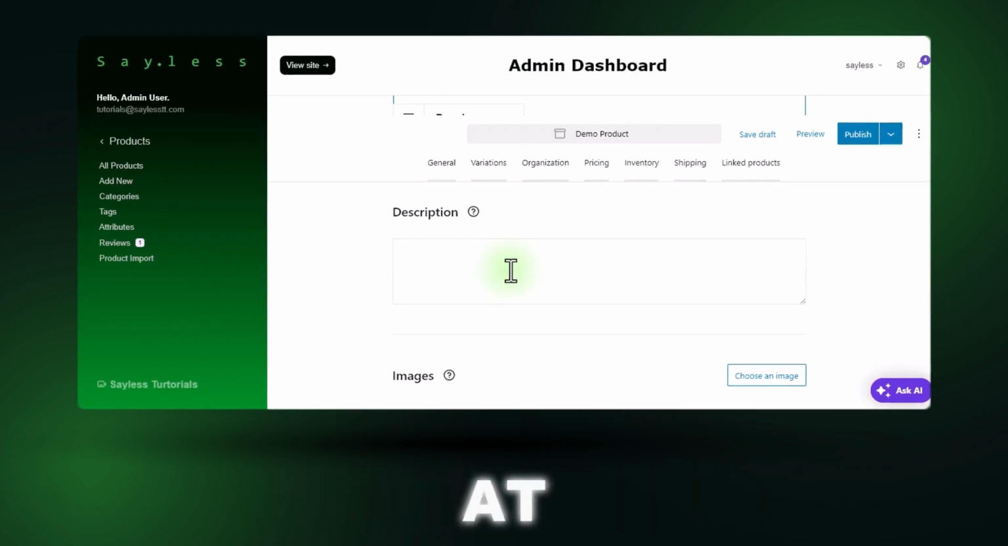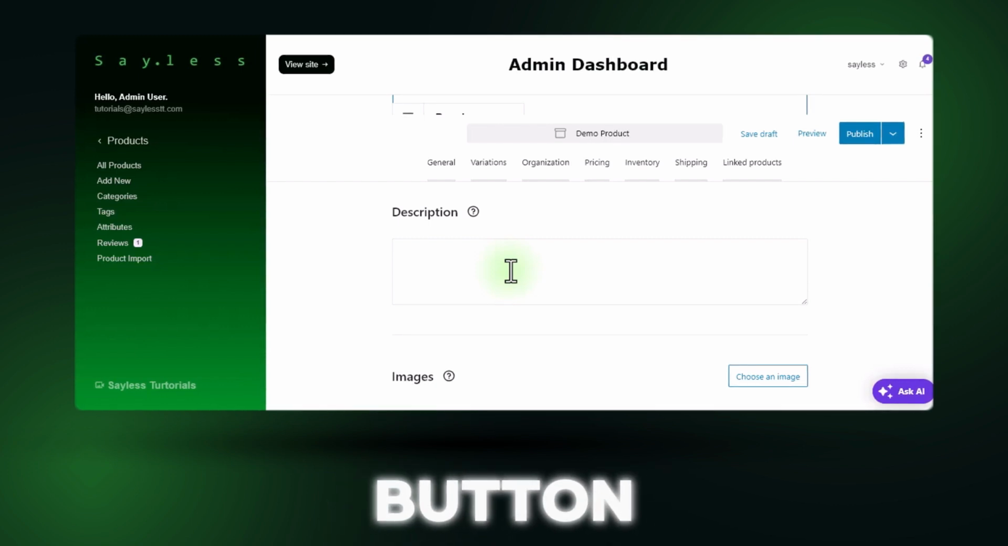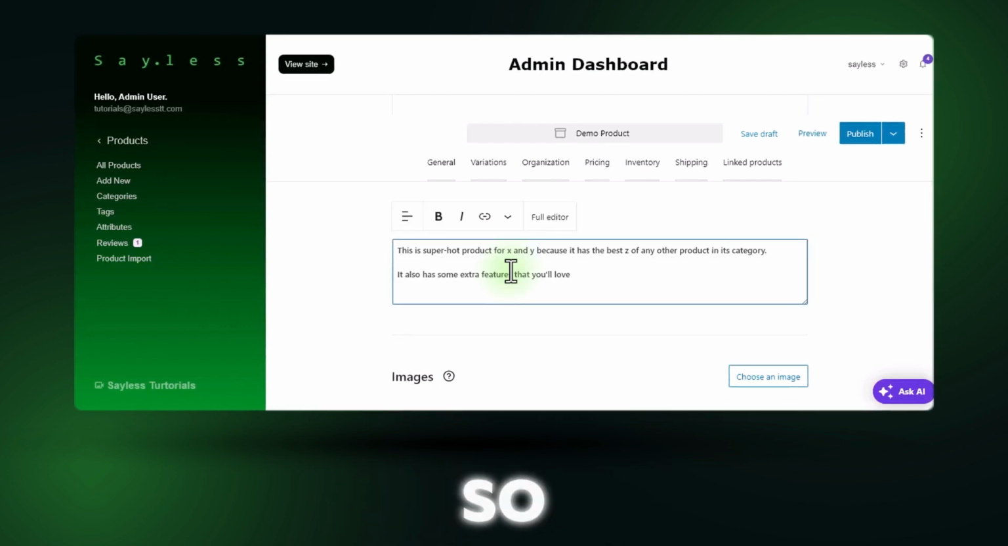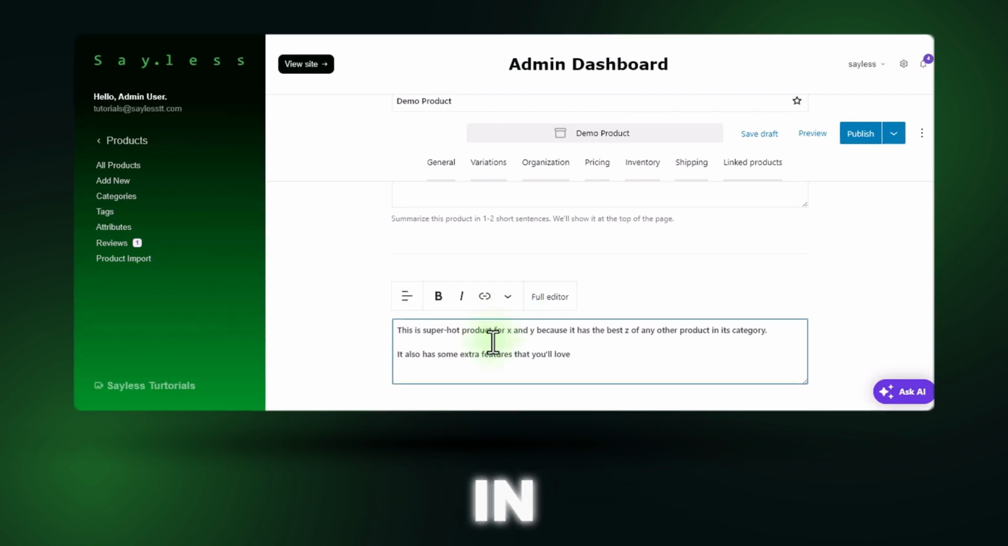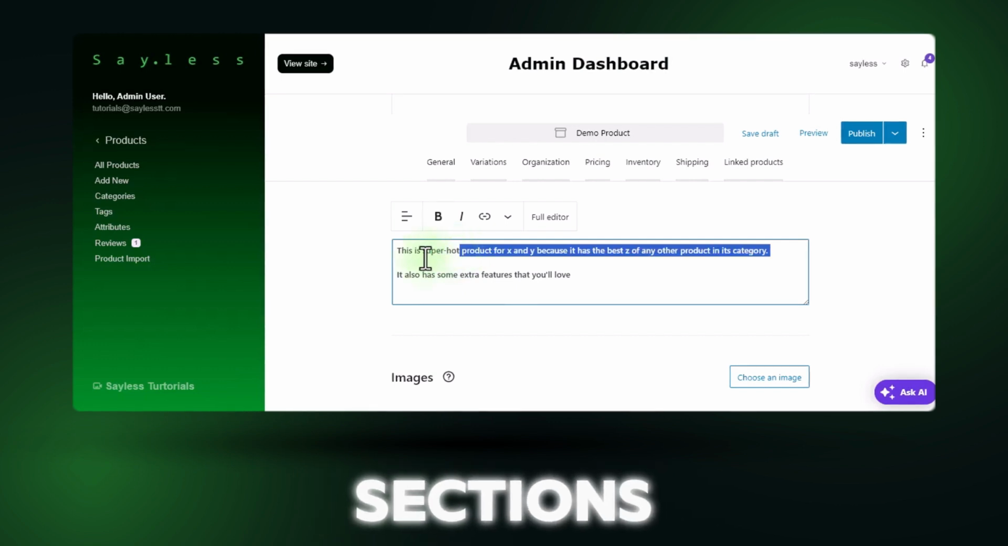This will show up at the bottom of your single product page, just below the images and the add to cart and buy now button. Okay, so I went ahead and added in a description. Now we can also bold and unbold certain sections just like before,